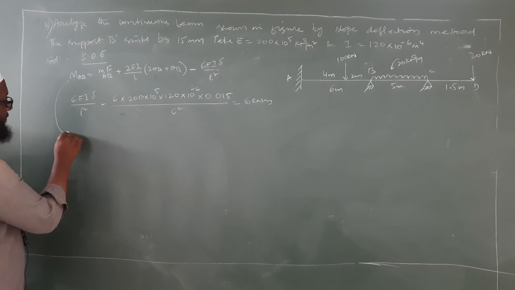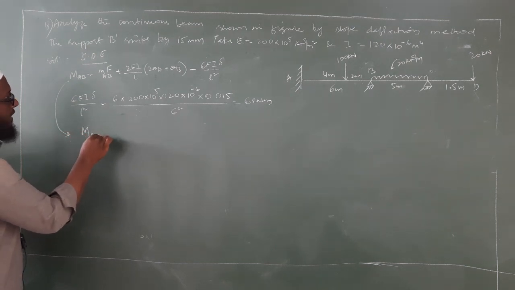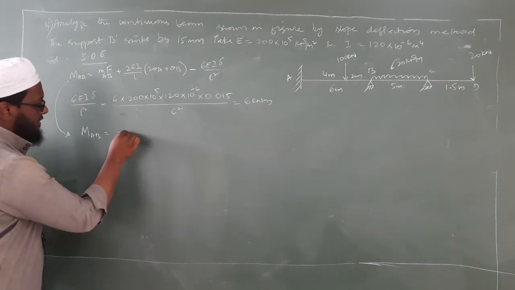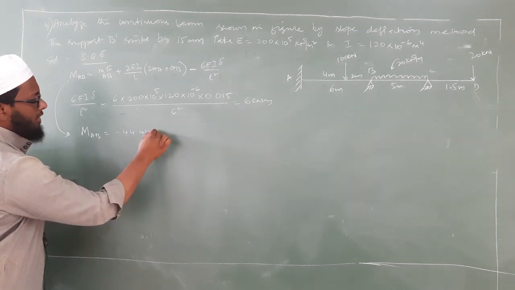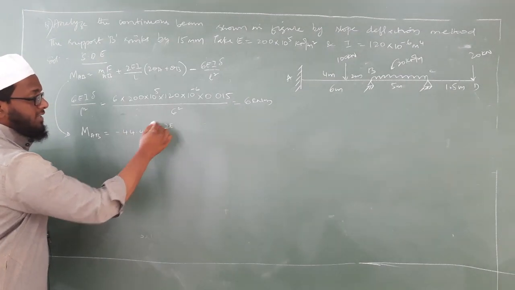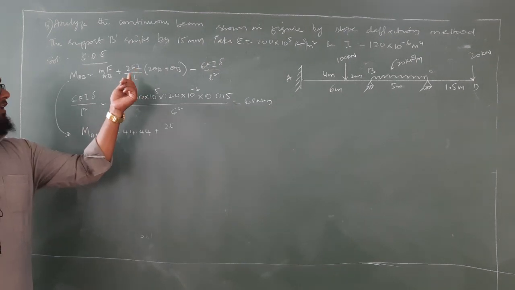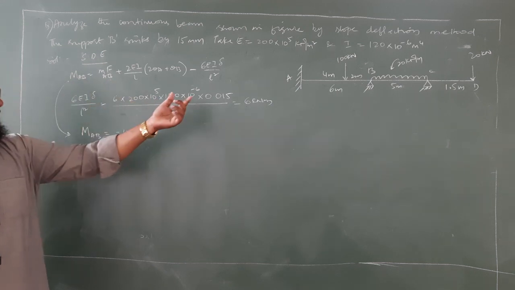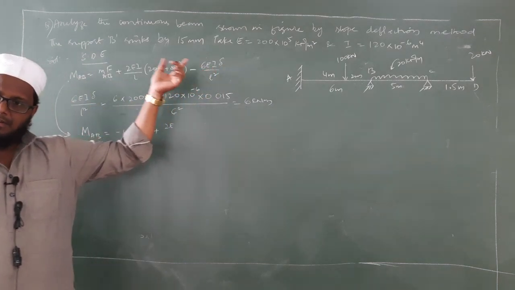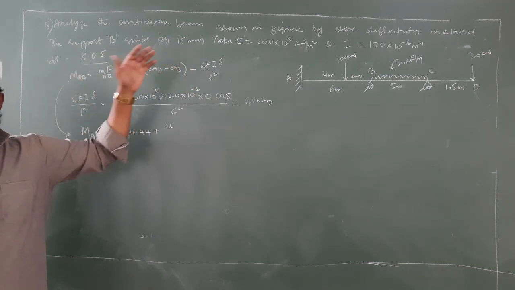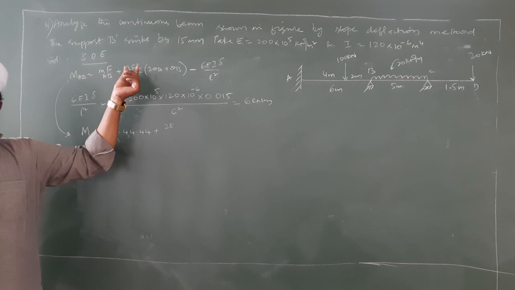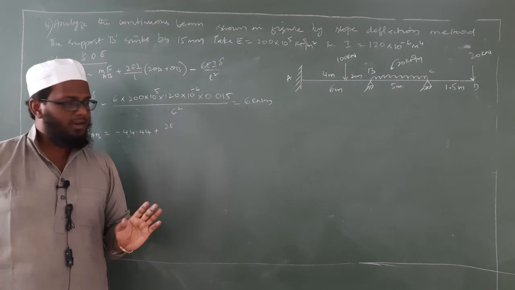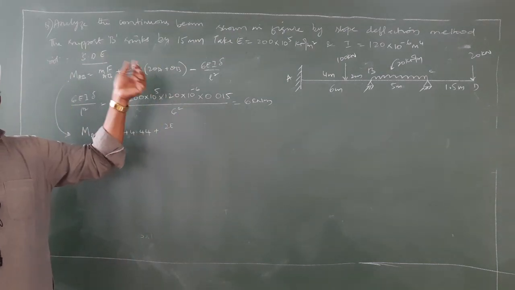MAB is equal to, what is the value of MFAB we got? 44.44, okay, minus 44.44 plus 2 EI. See, I am not changing EI here. EI I can write here, substitute here, but don't change that, otherwise you will get confusion. So EI is required for this one only. Here these calculations will be a continuation of the previous ones. Otherwise, if you substitute here, you can get the value, but you will get 0.0 something, so many different values. So better keep this value EI as it is over here.